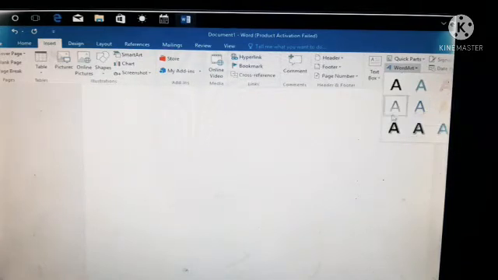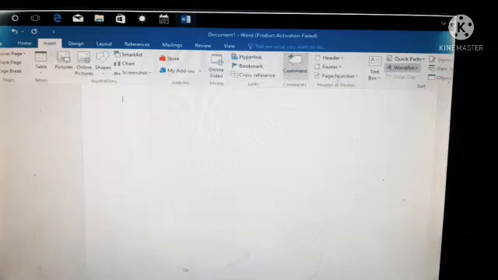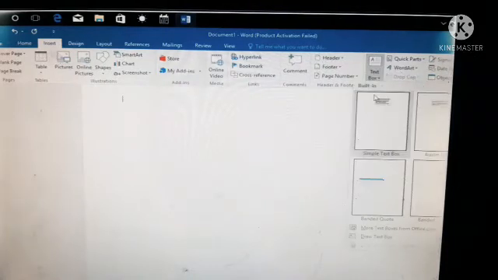Likewise, if you need the text box, same thing, we have to go to the Insert tab and in the Text group we have to click on the text box. If you click on text box, we can see different types of text boxes available. That is, in the text box gallery we can see the different styles of text box. From here we choose any one of the text boxes and we are able to type the text inside the text box. Have you understood this?